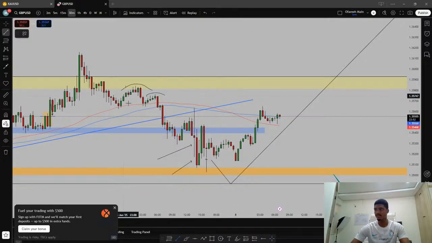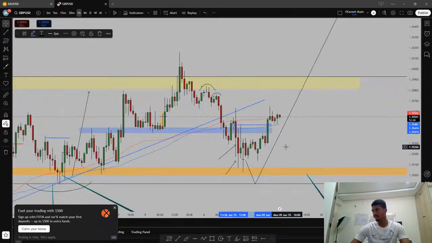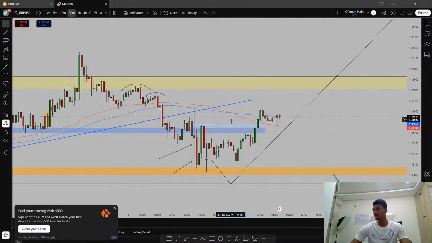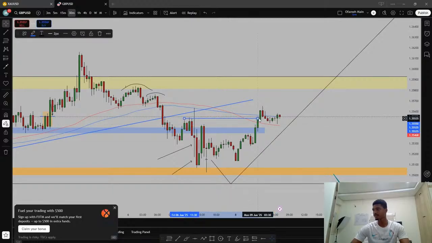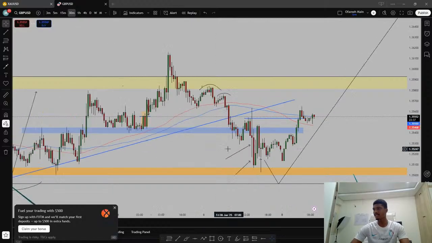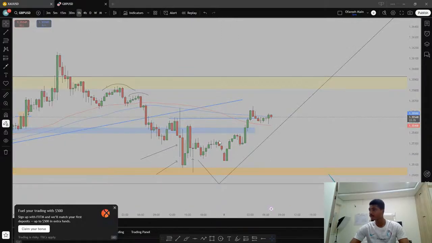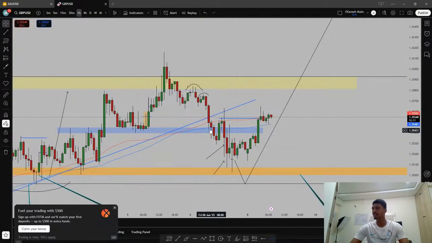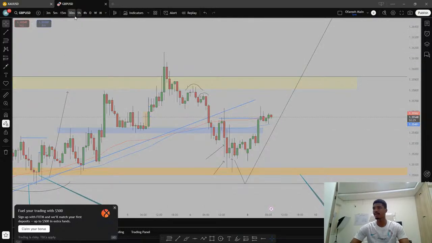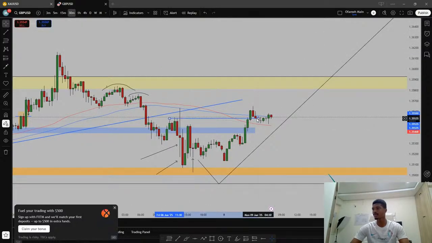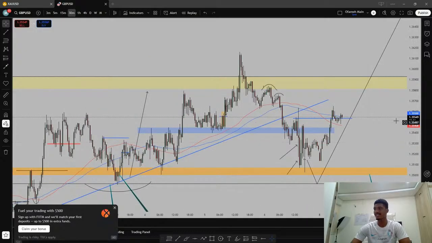Let me go and validate that. Good. So this is like a proper breakout. Okay, so we definitely need to see price break out of this whole resistance area. We need to see a solid breakout of this resistance before we start taking any buys